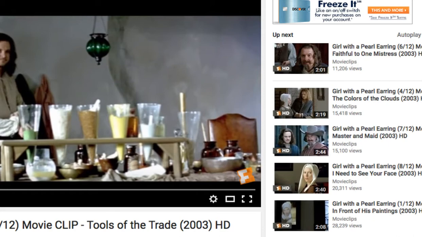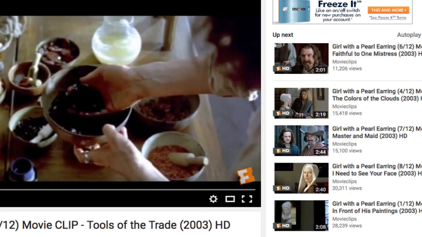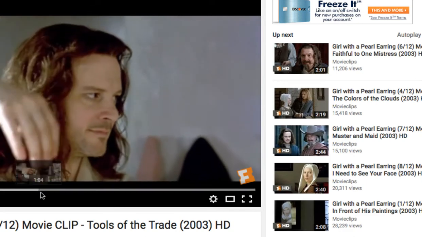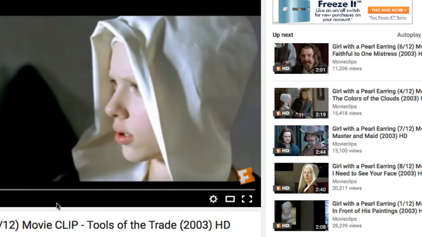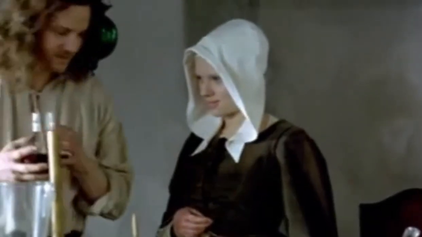If you watched this clip from Girl with a Pearl Earring, the movie based on the Johannes Vermeer painting of the same name, you see a scene where they're mixing paint, where she is learning to mix paint for him and looking at the various materials that they used at that time. Someone says they're an artist, and in our culture, I think it's kind of a cliche that everybody assumes that they're a painter. Of course,